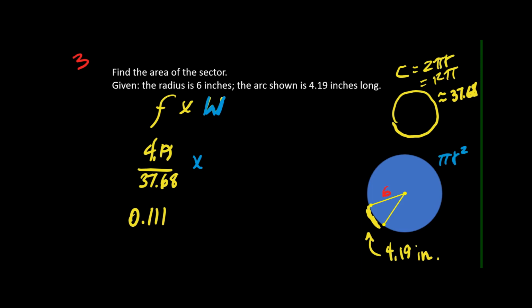So we're not going to use the 12 pi. We're going to use 6 times 6. That is a frequent mistake. Sometimes students see r squared. They plug in 6, like, oh, 12 pi. But no, this is 6 times 6. This is 36 pi. So this is our 1/9